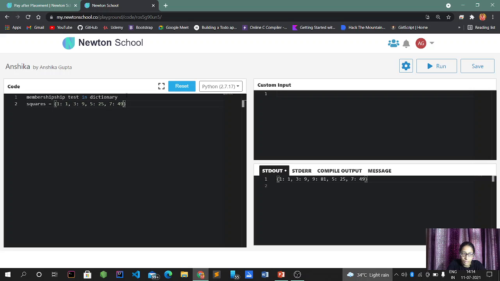Then again we write 9, whose square is 81. Now what if I need to check whether the value 1 is in squares?